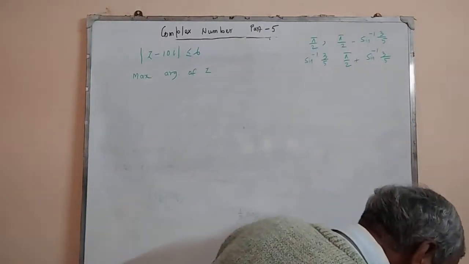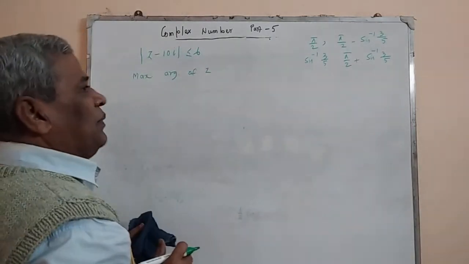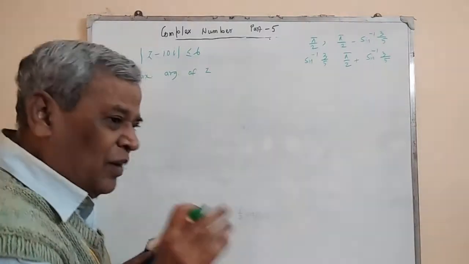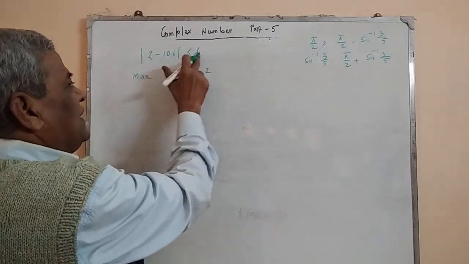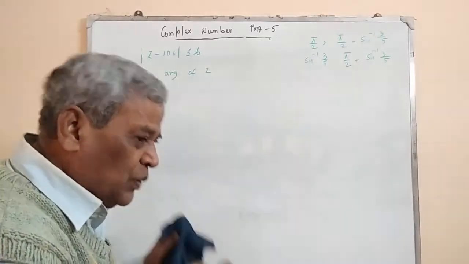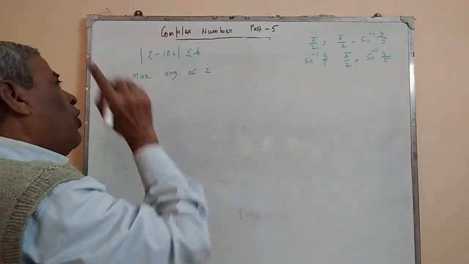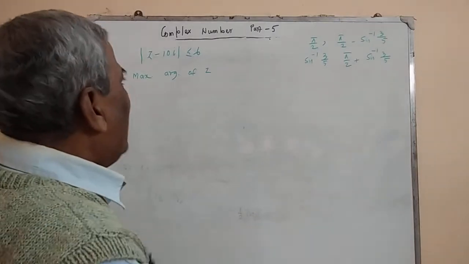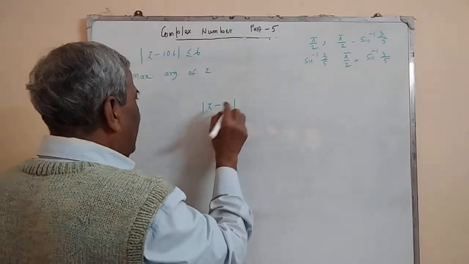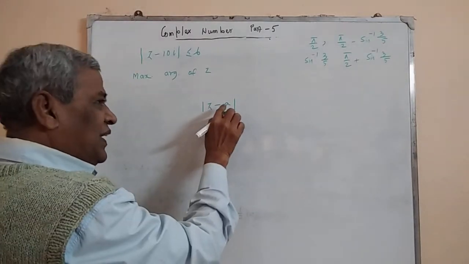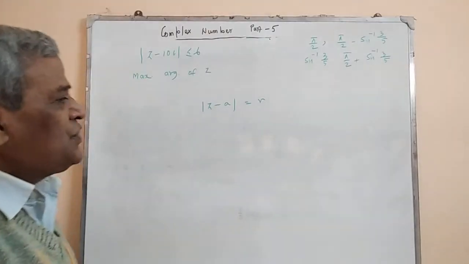So the problem is: Z is a complex number such that the modulus of Z minus 10I is either less than 6 or equal to 6. Then we need the maximum argument of Z. We know that mod of Z minus A equal to a constant R always represents a circle